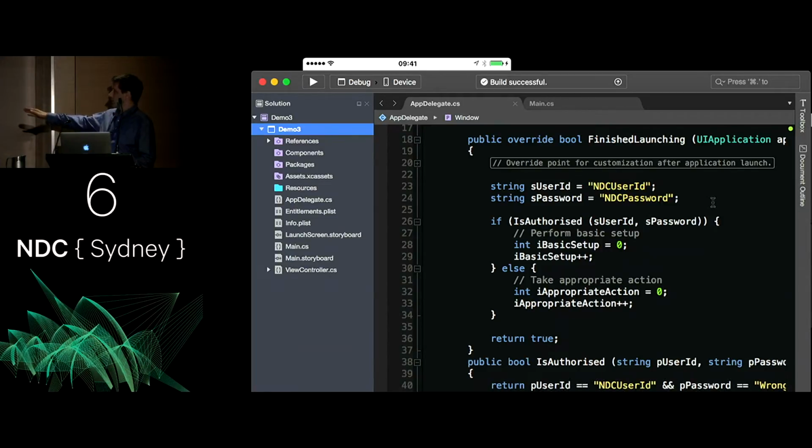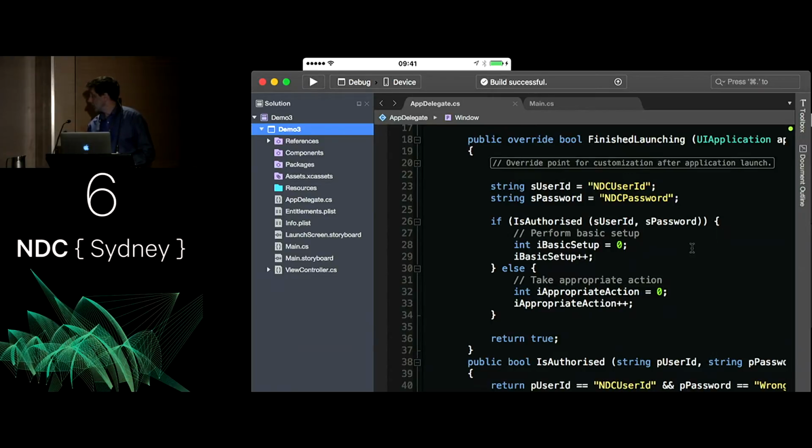That's just to demonstrate that I'm calling a routine there called isAuthorized. I'm passing in the user ID and password, and that's just some effective framework code. If you are authorized, then presumably it's going to set things up and launch the app. If you're not authorized, it might say get out. It might fail quietly, but just not give you certain options in the app, and I'll talk a bit more about that in a moment.